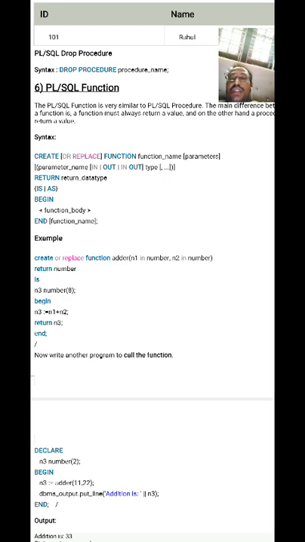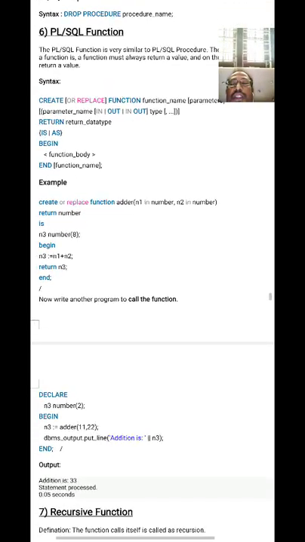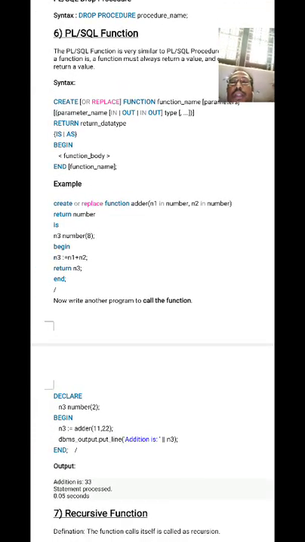Here we have a simple example. The purpose of this example is finding the addition of two numbers simply by using a function. That's it, only addition of two numbers, but the concept of implementing the function is important here. Without a function also you can write the program, but here the program is not important, the way of writing the function is important.